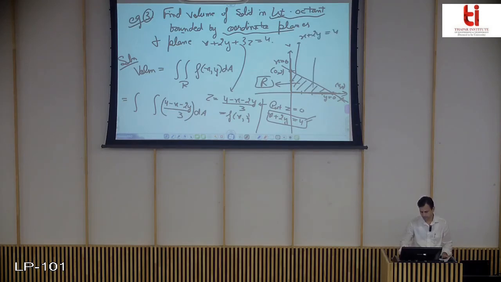So now it is easy to find the limits of integration of this region. So this is the bounded region. The only special thing about this is that no bounding curve was given. You derive it from the surface z equals f(x,y), or the plane. So y is 0, the line is entering at y equals 0 and leaving at (4 minus x) upon 2. Here we use this to find the value of y. It is leaving at this line, and this line is x plus 2y equals 4. So in terms of y, it is 4 minus x by 2. And the values of x are 0 to 4.